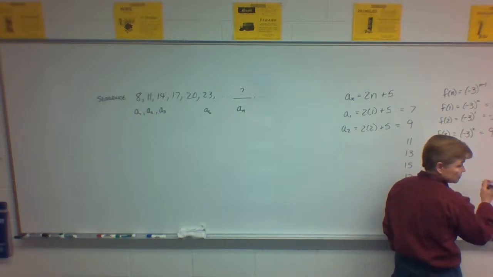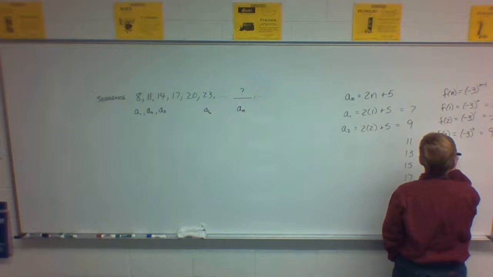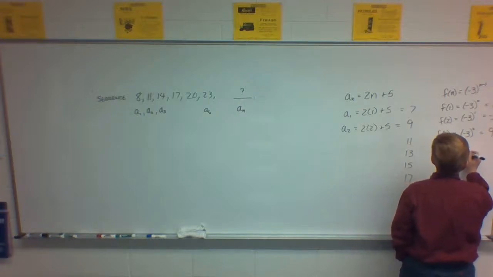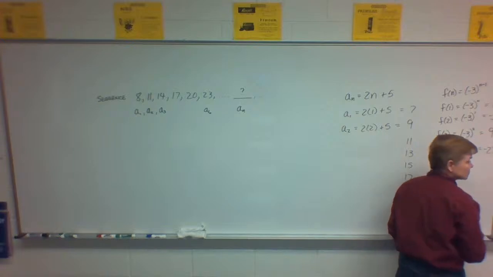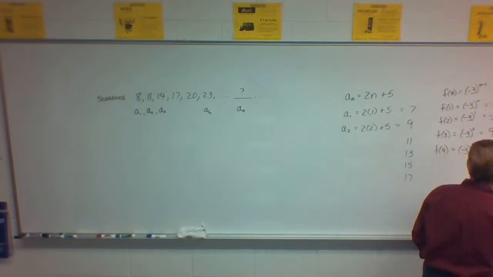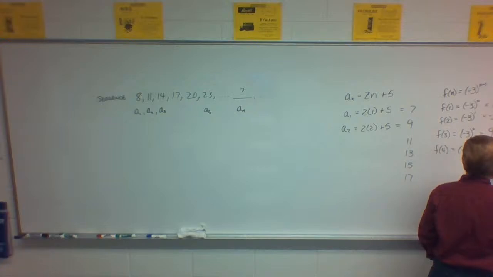Yeah? You seen it? Okay. F of 4 is going to be negative 3 to 1 less than 4, which is 3, and that's negative 27. I got 4 terms there. Can you tell me the next 2 without writing this out? What would it be? 81. 81 and